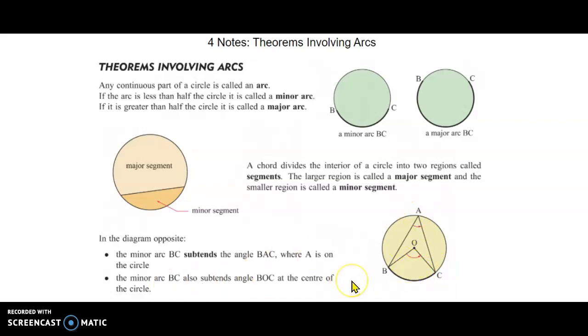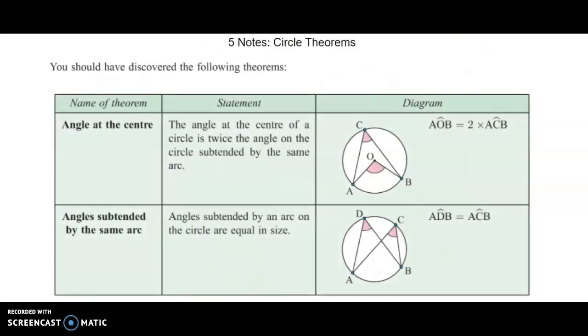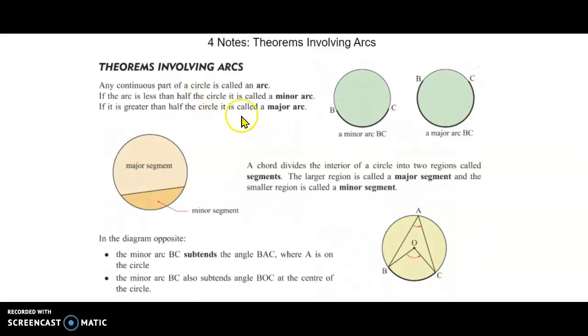And then the minor arc BC also subtends angle BOC. As you can see, arc BC is facing BOC as well, at the center of the circle. Okay. So these were just vocab, and I want you guys